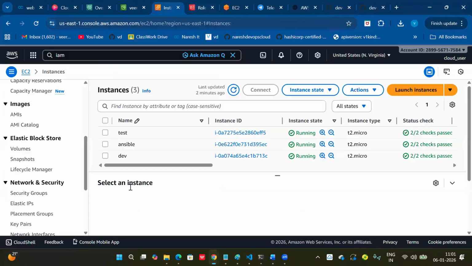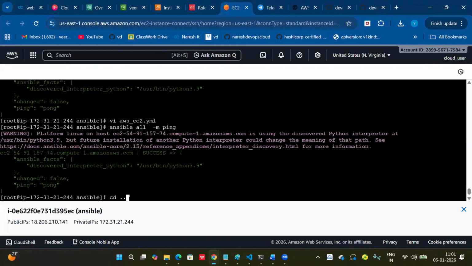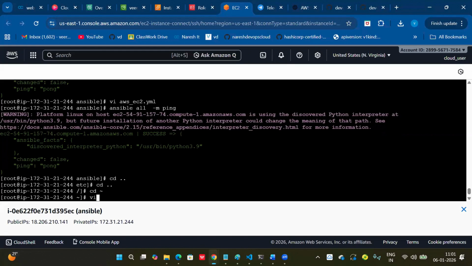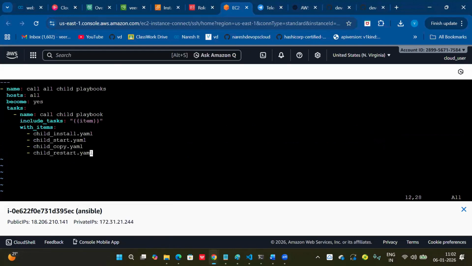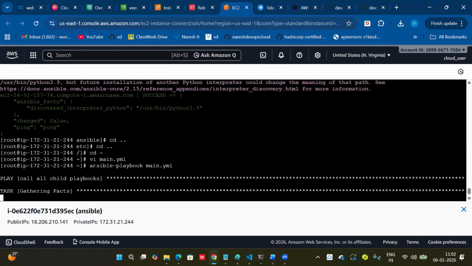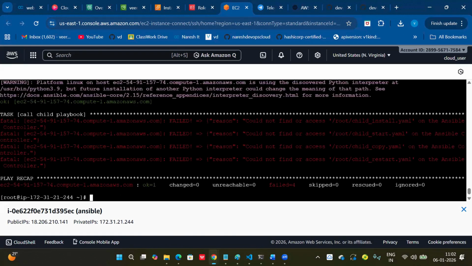For example, I'm adding this one. If I run the Ansible playbook main.yml now, you can see child install, child restart, child copy, child start, these are all missing, right?